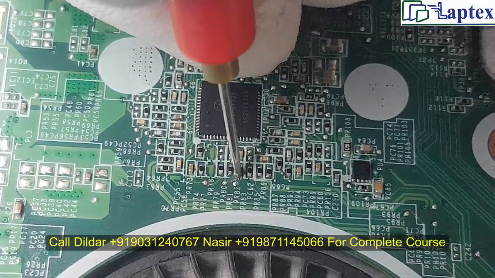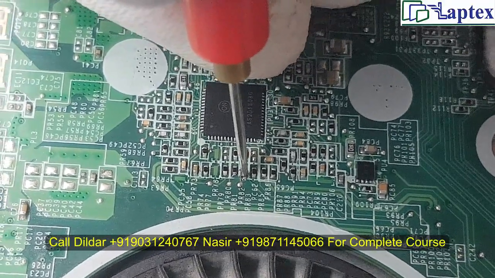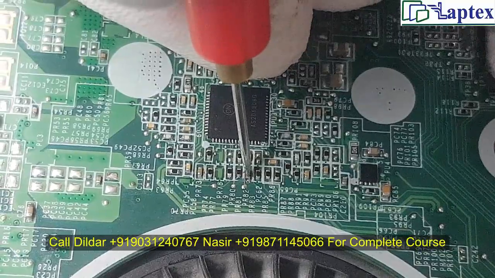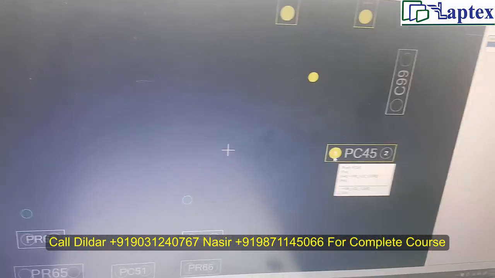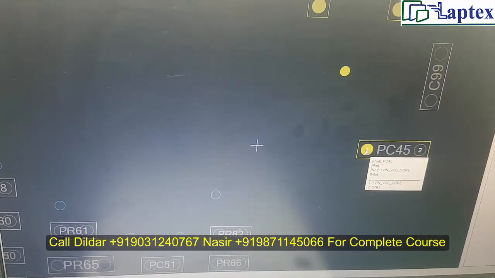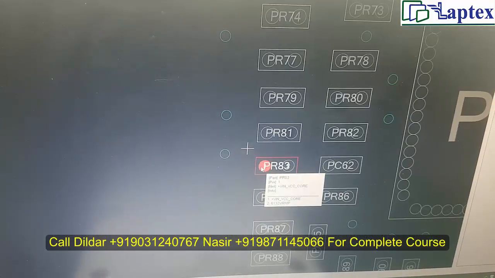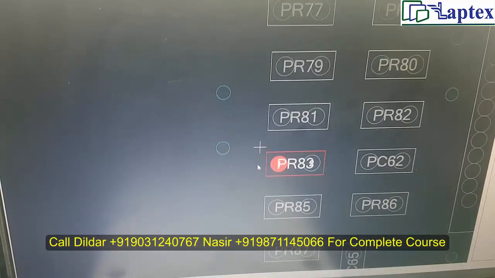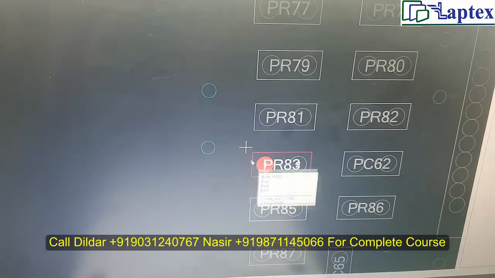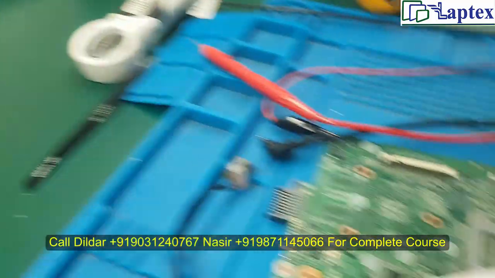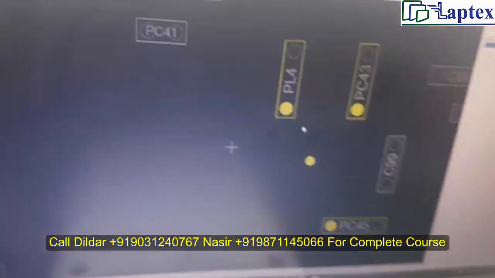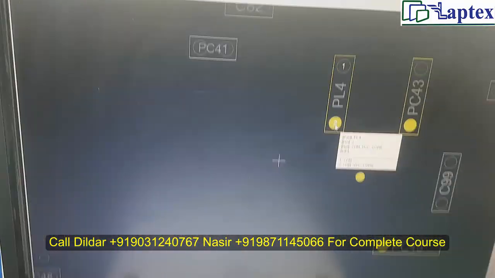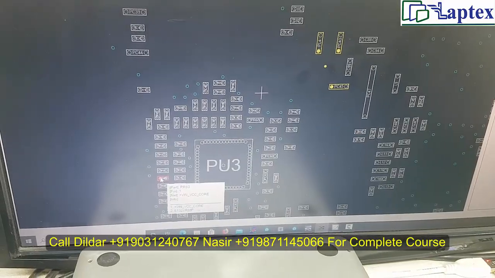I have to connect a tiny wire between the point and the resistor. Or what can I do if I do not get this point? Now you can see on the board view, I can take that voltage from this point. Sometimes if you meet this type of problem, that you are not having the track on this area, this is the optional thing I am telling you. Then you can make a jumper wire from this point to this resistor.